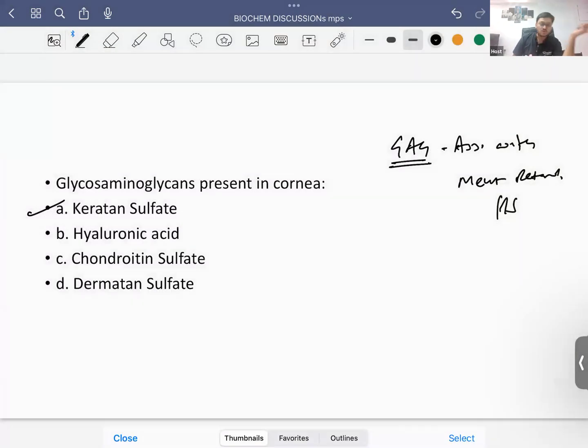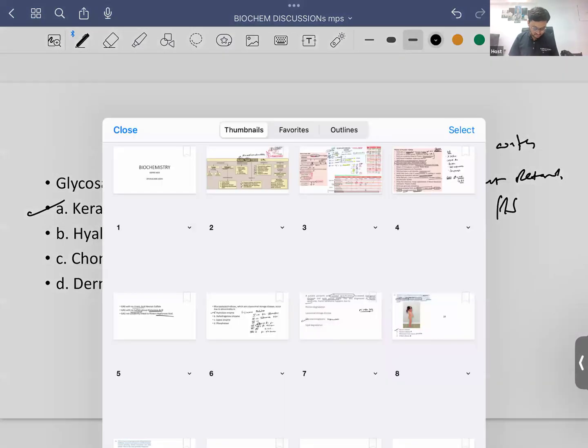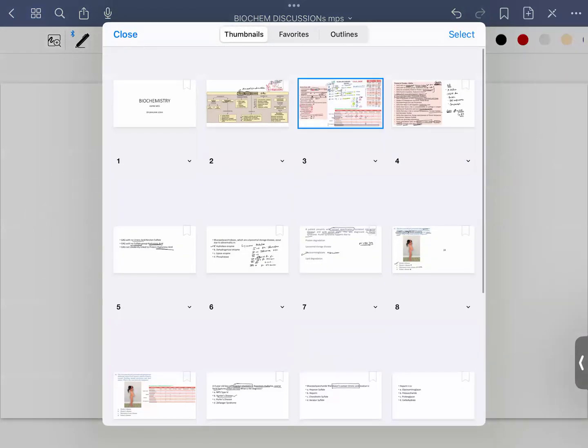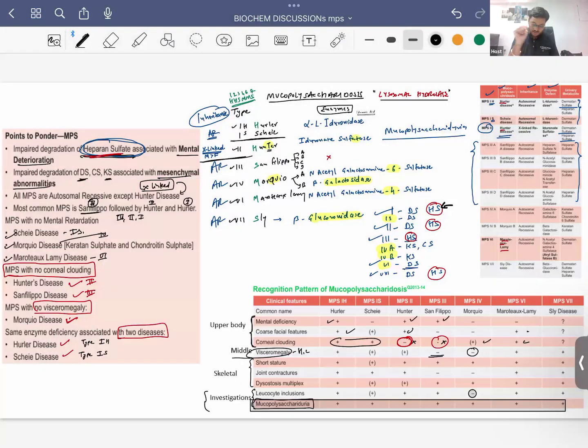All right. So that's all for today's topic. Was it clear to all of you? Yes, sir. Okay. So in this NEET MDS 2024, that is just a year before, one question